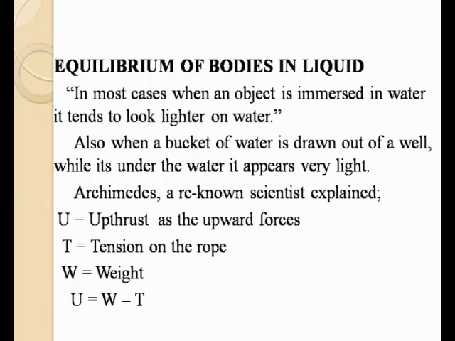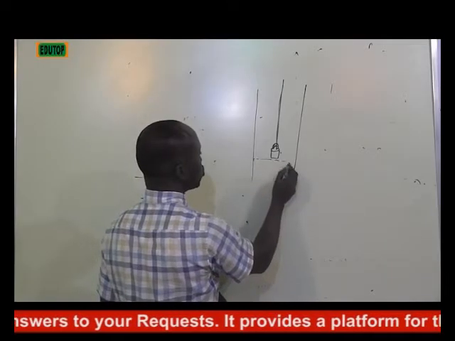Now let's go to equilibrium of a body in a liquid. When you immerse a solid object in a liquid, it tends to become lighter. Now at that junction, if you must have experimented it, let's say you visited a well and you're about to fetch some water. By the time you dip your fetcher in that well, you realize that at the point at which that particular fetcher hits the surface of the water,